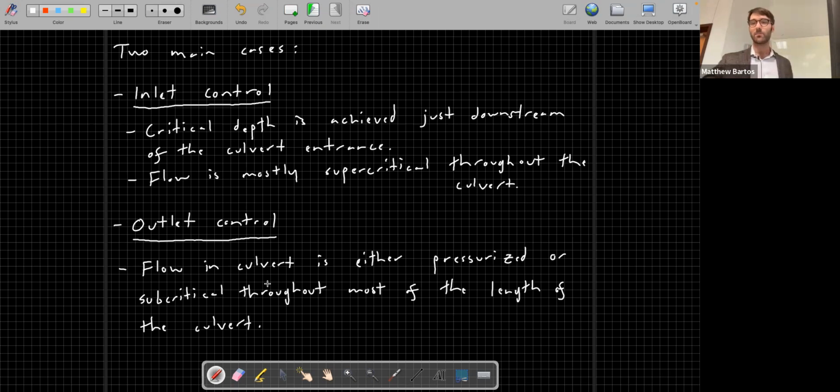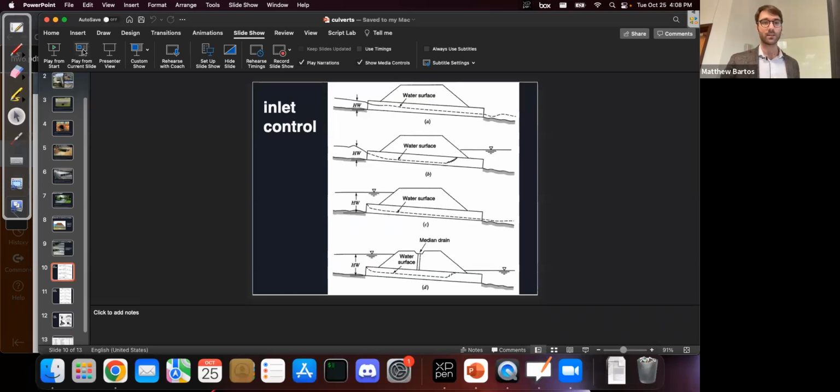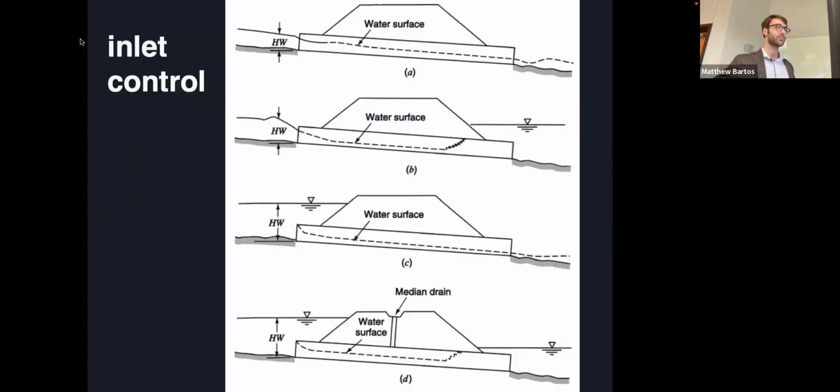Okay, so let me give you a couple examples of what inlet and outlet control look like. First, let's take a look at inlet control. So these are different ways that inlet control can be achieved. So remember, inlet control is when you have essentially critical depth being achieved near the entrance of the culvert. So we have four different cases here where this can be achieved, and these are conditions that you might see